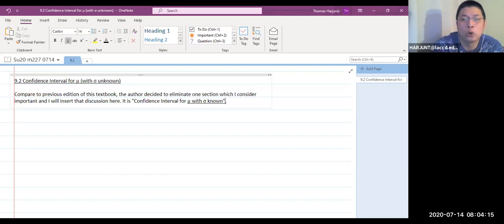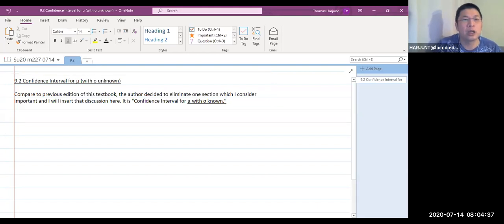Even though, according to the author, this model is not realistic, it is still widely used in practice, and therefore I still teach it. Okay, so I will start with